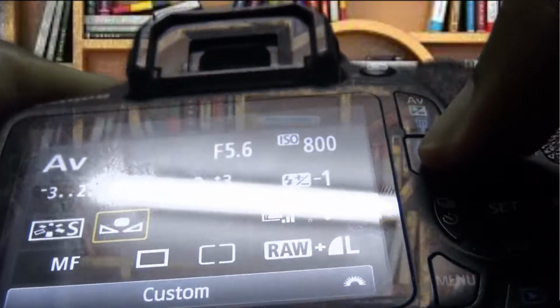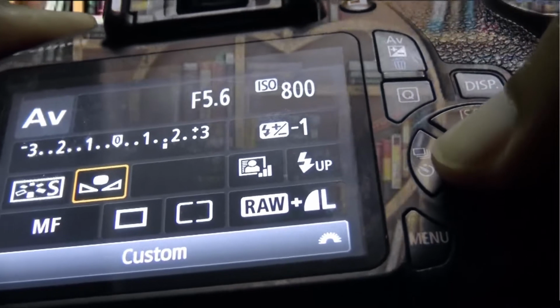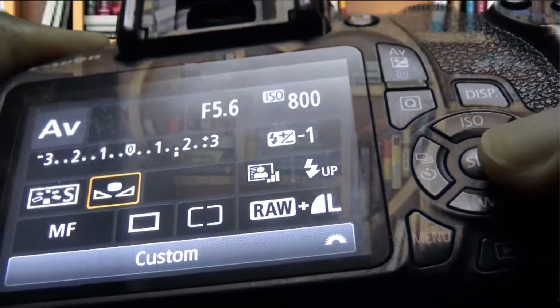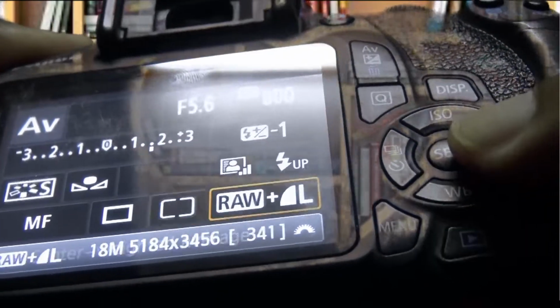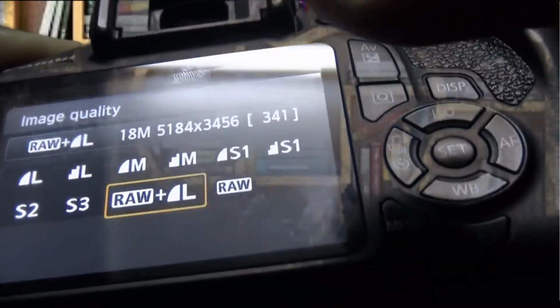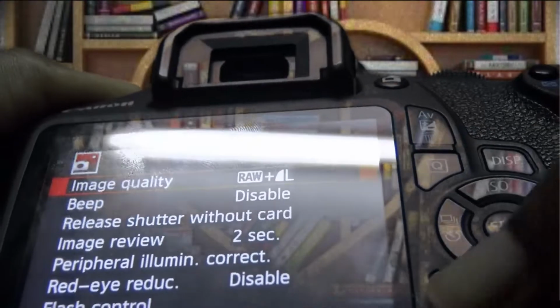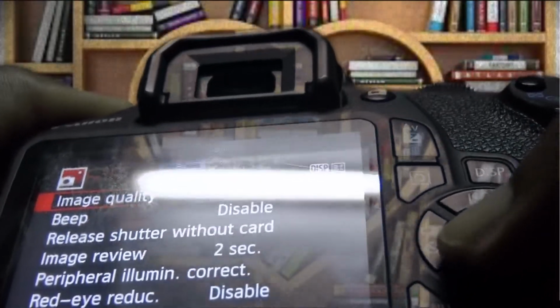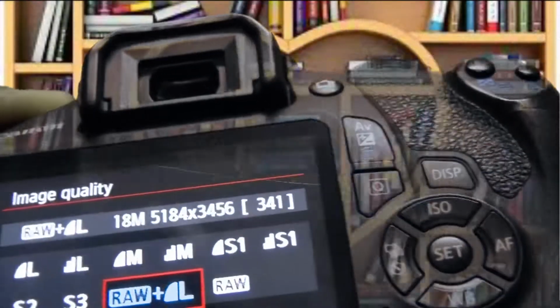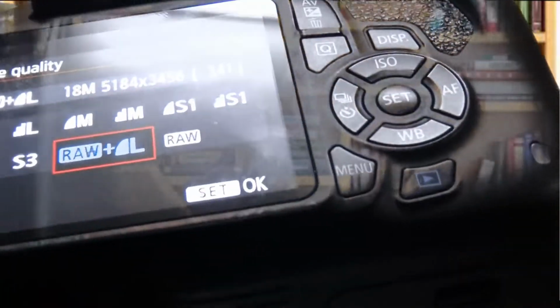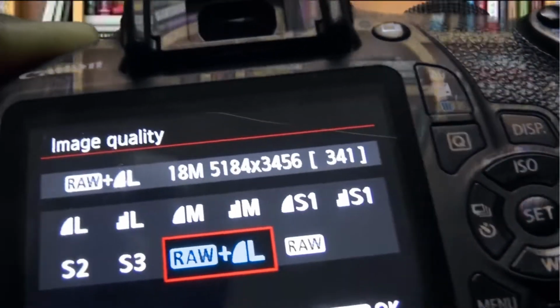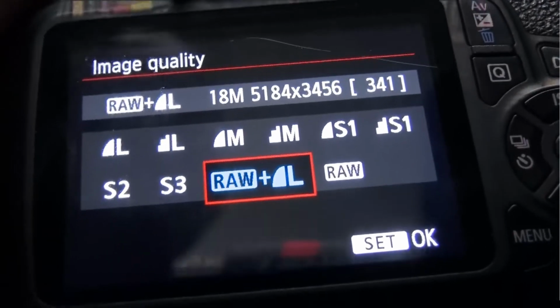When you press the Q, it will give you the different option to choose from. So you can decide either you choose the image quality you want. So the other option is you can go to the setting, the menu, you come to the image quality, again you choose the setting that you want. So as I said, there are different options. So we have the